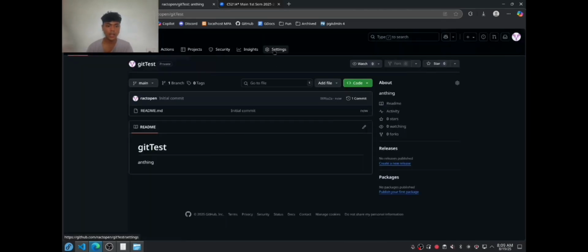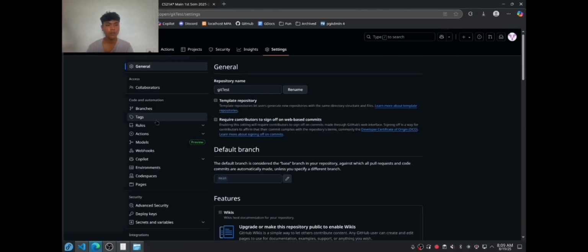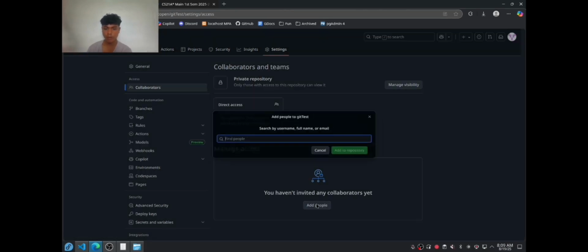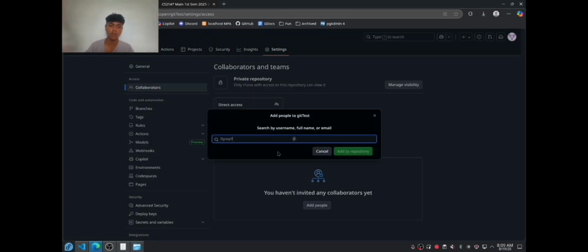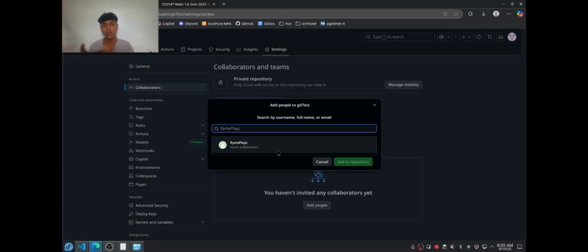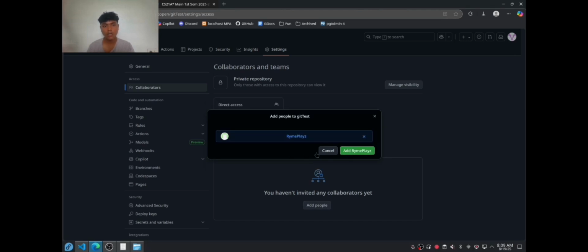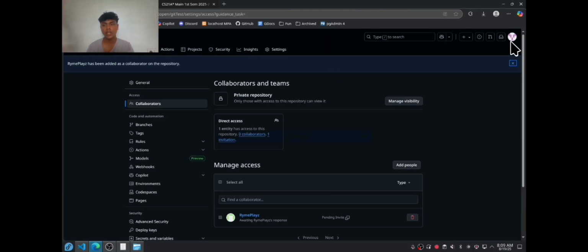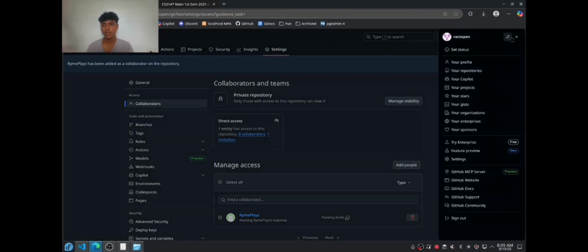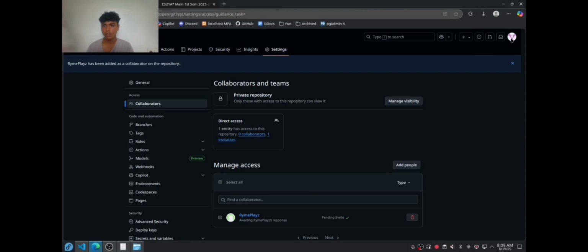So let's add a collaborator so we can showcase Git merging and Git commits. Let's add my second account, which we'll call the programmer side, and this Rakuten open account will be the TL or manager side. So let's change to the programmer side and accept the invite first.